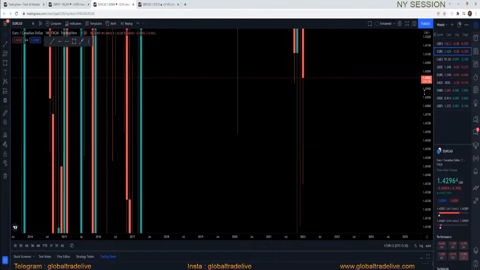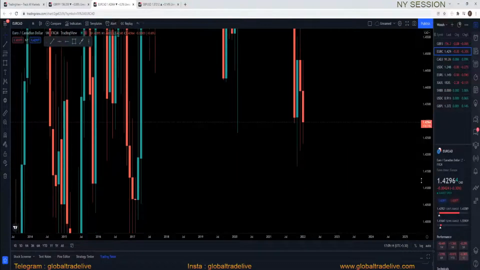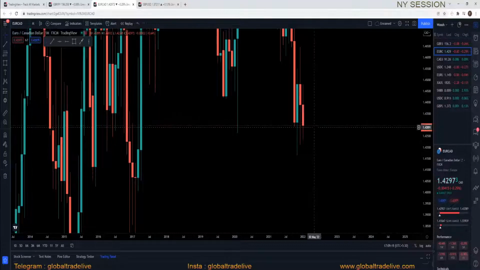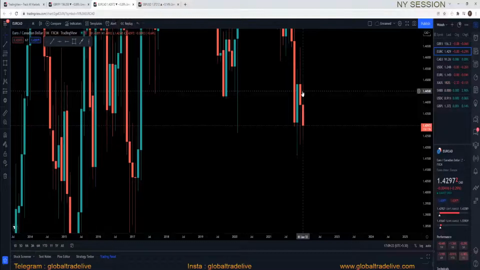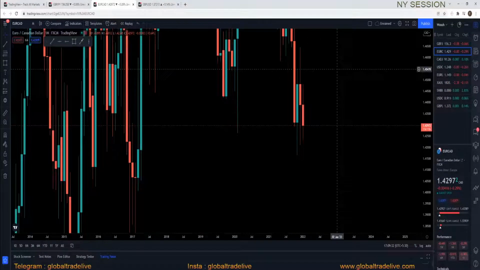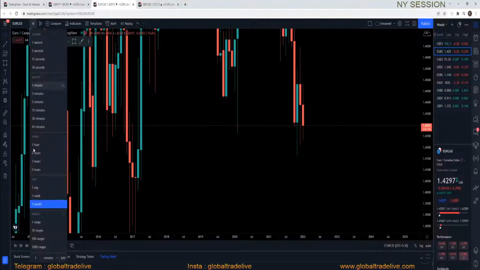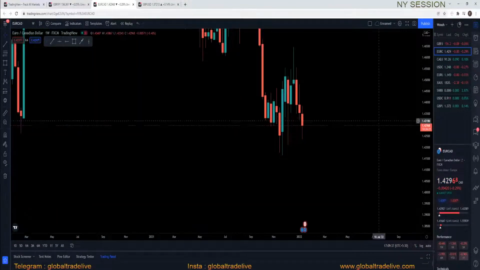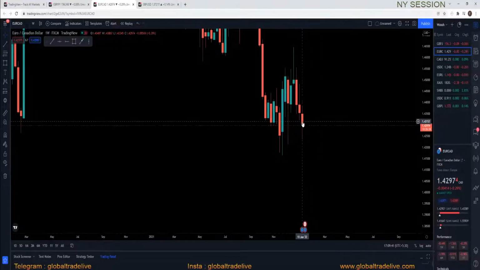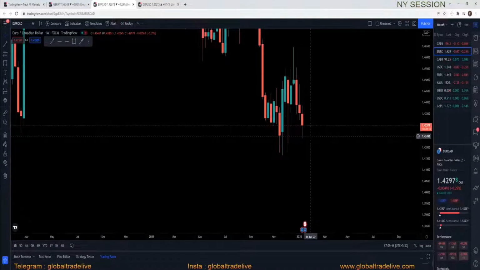So let's have a look at the monthly. The monthly time frame is coming down again like a bearish trend, and it's filling the previous month's candle wick. This candle is coming all the way down. It came down to this point, and it has retraced back up. So I think in the bigger time frame like monthly, it's totally bearish. And the weekly time frame is also, I think, bearish. It will fill its own wick, that's what I think.